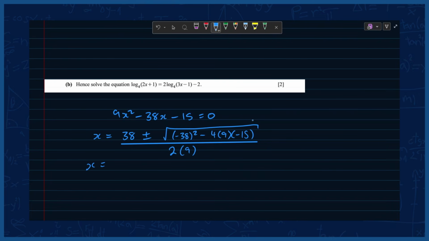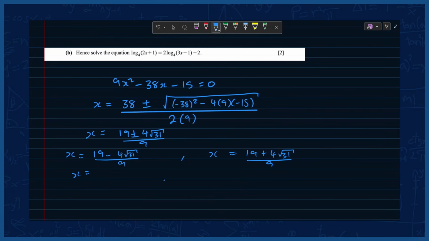And so x is equal to, let's punch this into the calculator, 38 minus the square root of negative 38 squared minus 4 times 9 times negative 15, over 2 times 9. And we've got, that is an ugly solution, 19 plus or minus 4 root 31 over 9. Those are our two solutions. I'm just going to separate them: 19 minus 4 root 31 over 9, and 19 plus 4 root 31 over 9. So the negative one, if we write that as a decimal, is negative